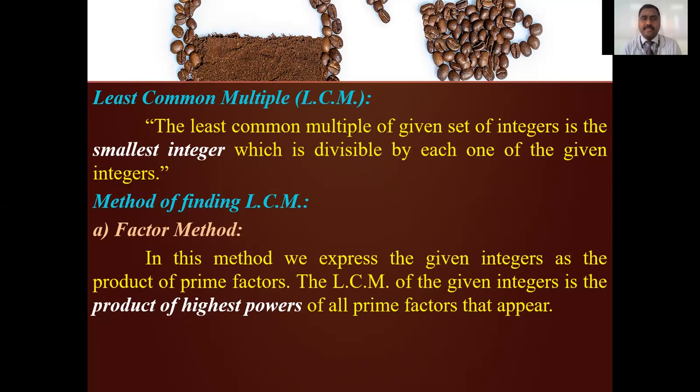The procedure is the same. Whatever procedure you followed for solving the problem by using the factor method, the procedure is the same for LCM. You have to divide the given number by using the prime numbers, but the only thing is, in HCF, we take the common divisor with the least power. In LCM, we take all the divisors with the highest power. That is the only change that you have to follow in LCM. Right? This is the factor method.